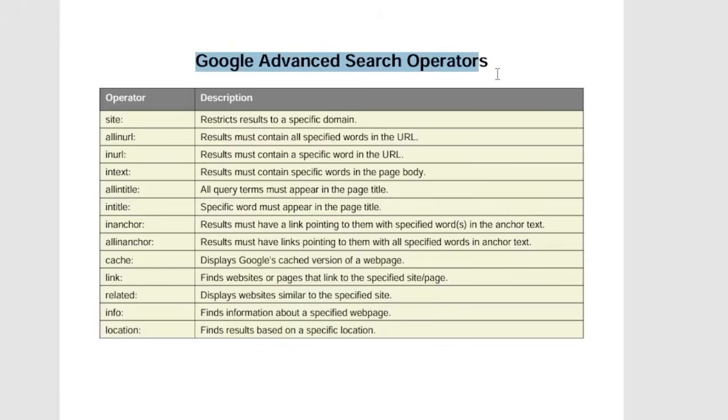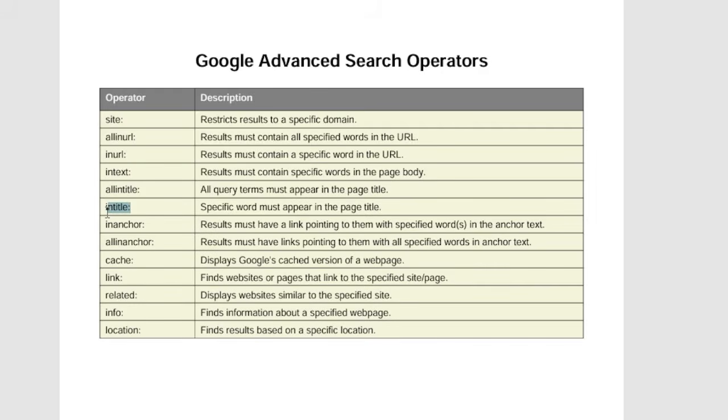Google has a set of advanced search operators that make your searches much more powerful. The site operator restricts results to a specific domain. Next, allinurl ensures all the words you type appear in the web address, while inurl looks for just one specific word in the URL. Then we have intext, which searches for words inside the body of a page. With allintitle, every search term must appear in the title, while intitle checks for just one word